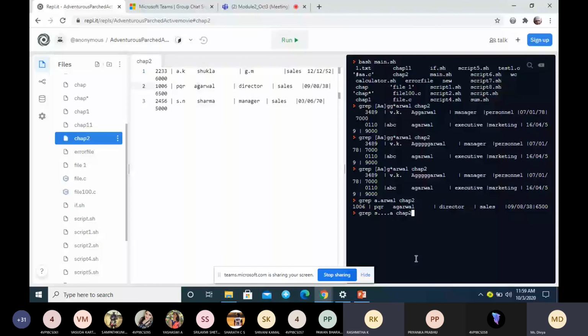Which line will it match? Whether I'm going to get the first line. In the first line I have a word called Shukla. In that the first character is S, after that I have 4 characters and the last character is A. There is one more here, Sharma. In Sharma also the first character is S and the last character is A, and the remaining 4 characters are different. So this is one good example for dot. Here it will match both Shukla as well as Sharma. Is it clear? Dot. Yes, ma'am. Okay.